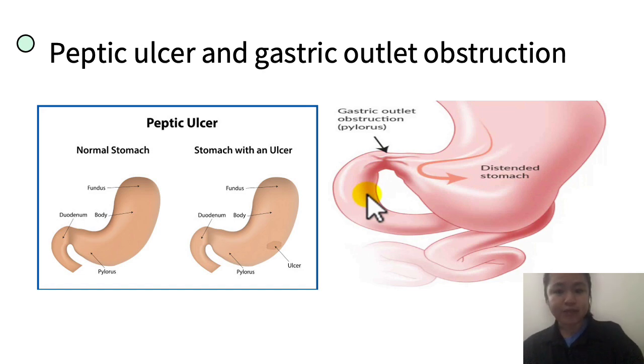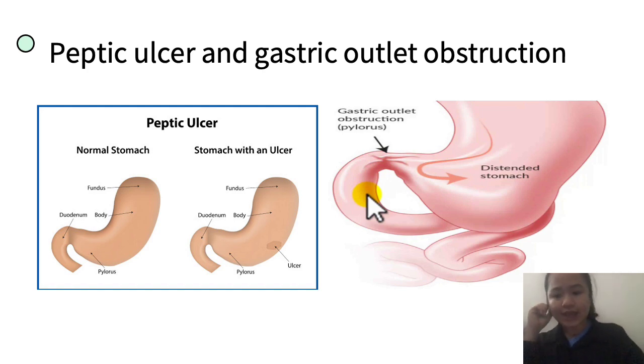Peptic ulcers can block passage of food through the digestive tract, causing you to become full easily, to not have an appetite, to lose weight, and to have swelling, inflammation, or scarring. In the case of this patient, the patient had a gastric outlet obstruction, which is a narrowing. That can cause vomiting, which is one of the symptoms for this patient. The patient came in vomiting